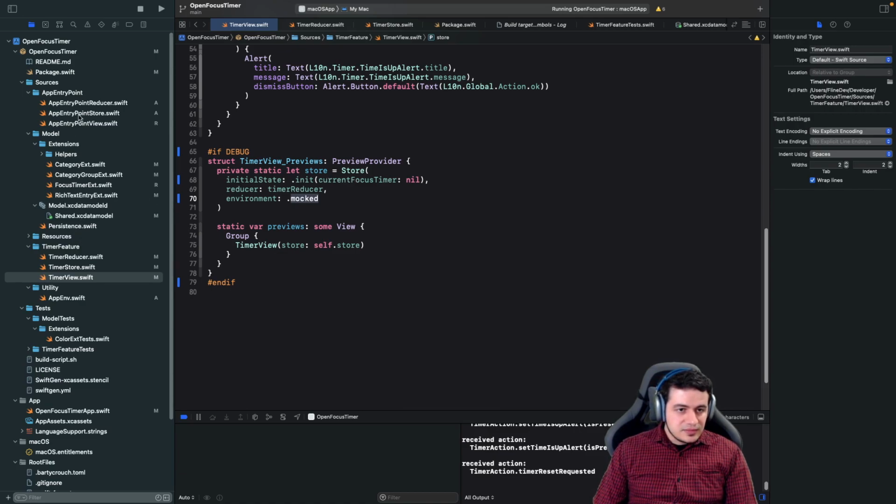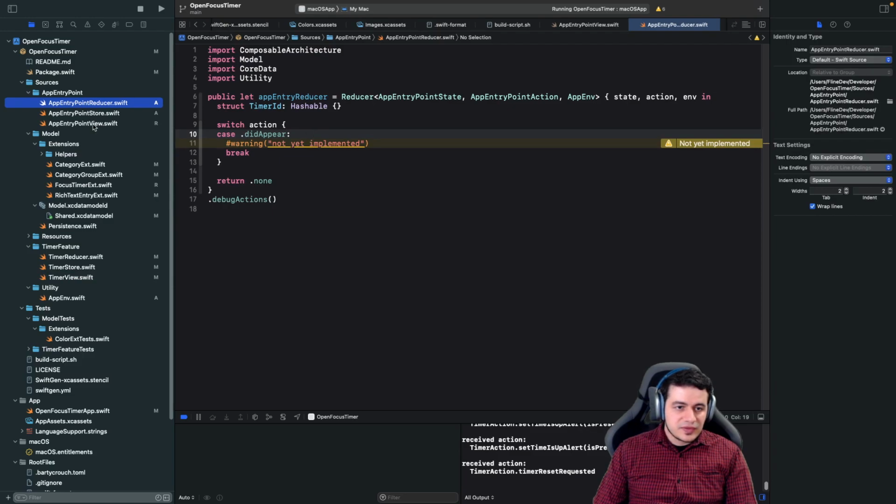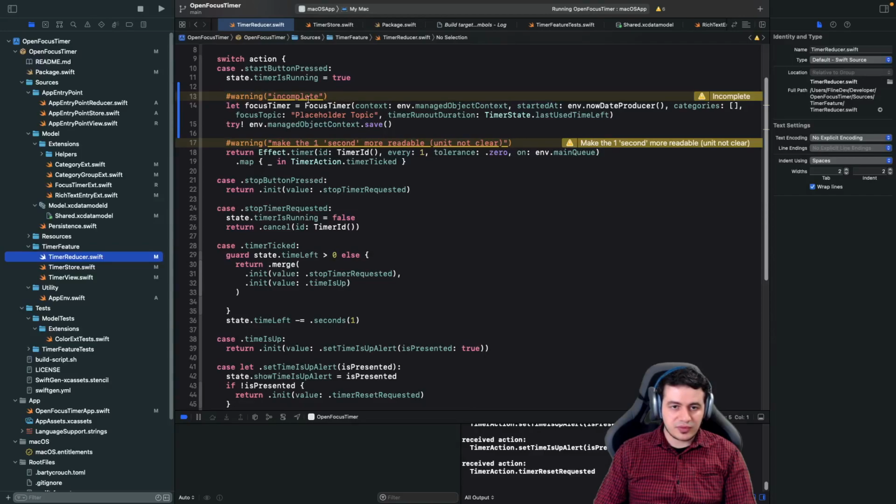Cool. We were here trying to implement this. So when we call this, we're sending the did appear, and on the did appear, basically what we want to do next is not yet implement, continue here by reading the current focus timer from database. And also we want to make sure that in the timer reducer we are extracting this, so this is also not yet implemented. Make sure to